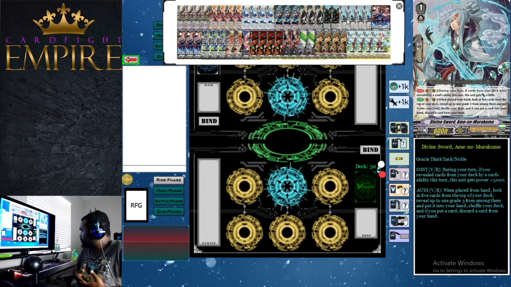So like we said, Vanguard Rearguard skill during your turn, if you revealed cards from your deck by a card's ability this turn, then this unit gets plus 5,000 power. So basically, every single turn that you do anything in this deck, you get plus 5,000 from this card. So it becomes a 13k attacker or a 13k booster. Very good. And then the second ability is when placed from hand, look at the top 5 cards of your deck,